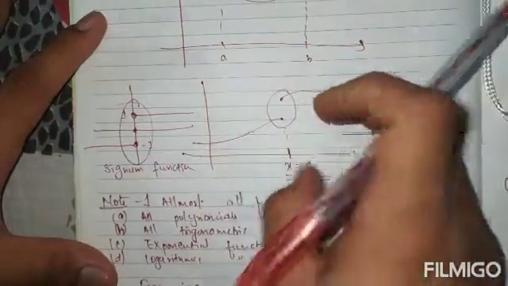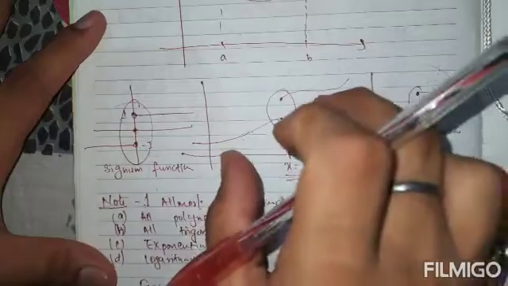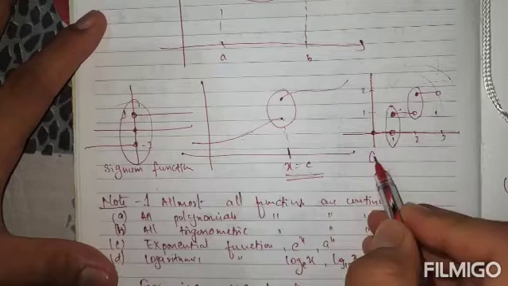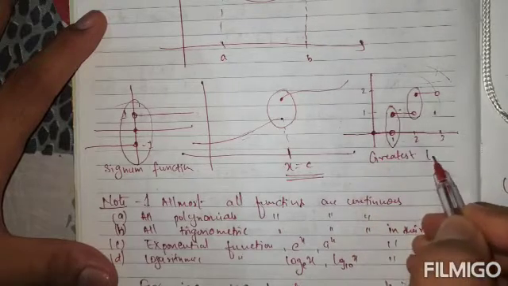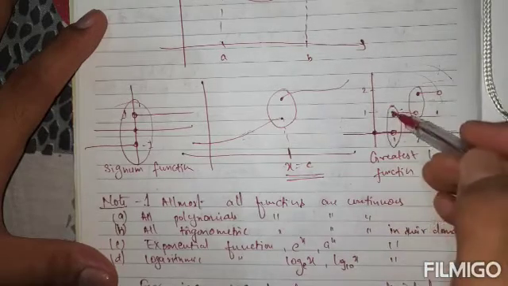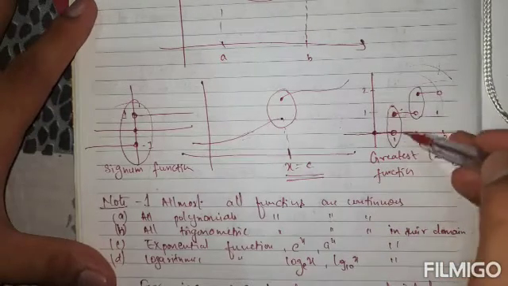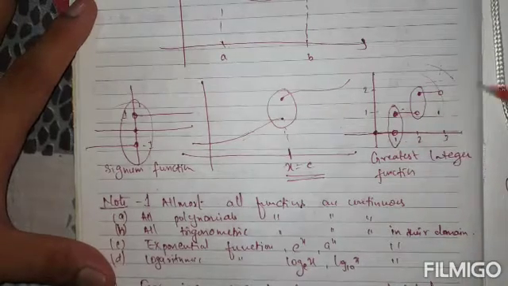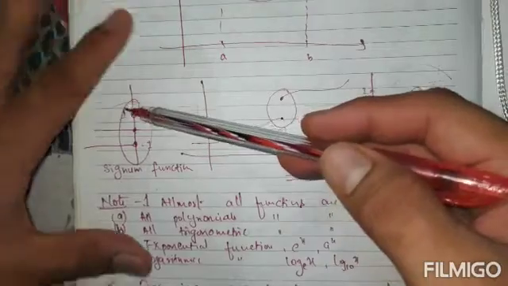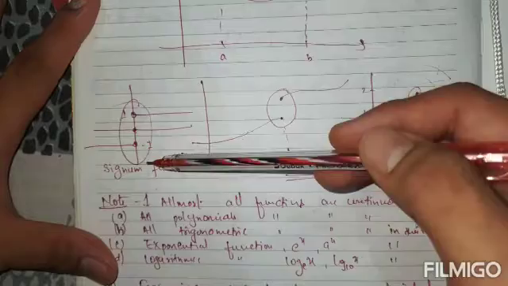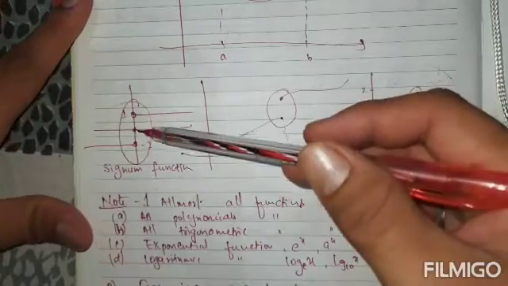This was a general graph for you to understand what is meant by a discontinuous function. This is an example of the signum function. This is an example of the greatest integer function. See students, I have encircled, I have made a loop only to show that there is a break, a gap in this function. The greatest integer function or signum function do not contain this kind of encircled portion. Understood? This is only to show you that there is a break in the function.